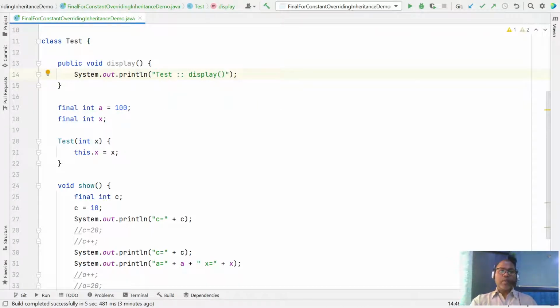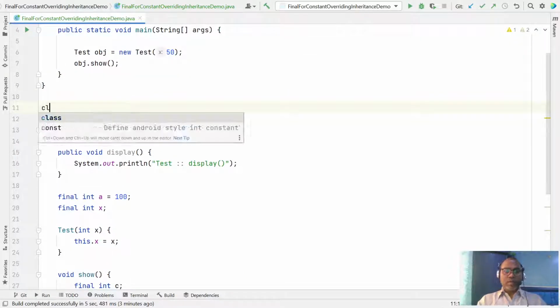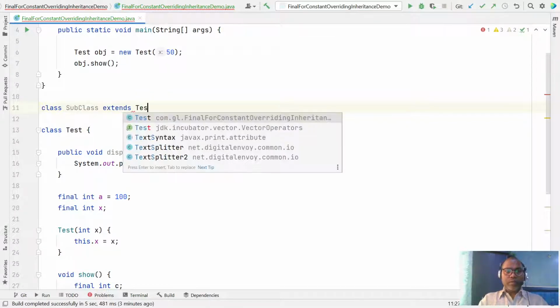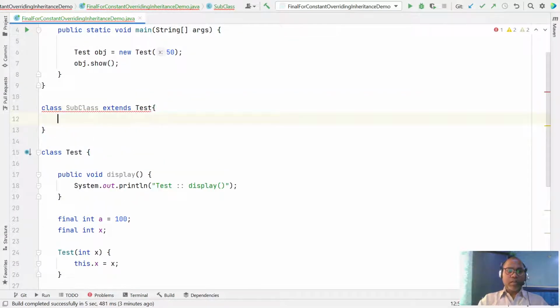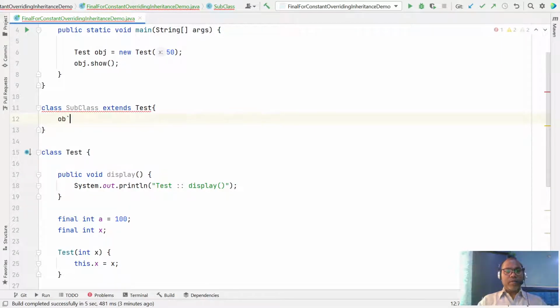So let us have another class, a subclass, that just extends your Test. So the subclass can override your display method.